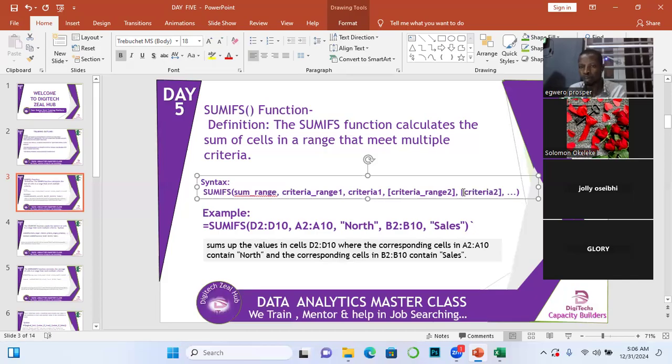And then before you supply what? The second criteria. Then once you add a comma, it will now bring out what? Criteria range 3. Then comma, the criteria range 3 will now be the range where the third criteria for the summary of the values you must have submitted here will be cut from. Then once you add a comma, it will keep providing different room for capturing different criteria